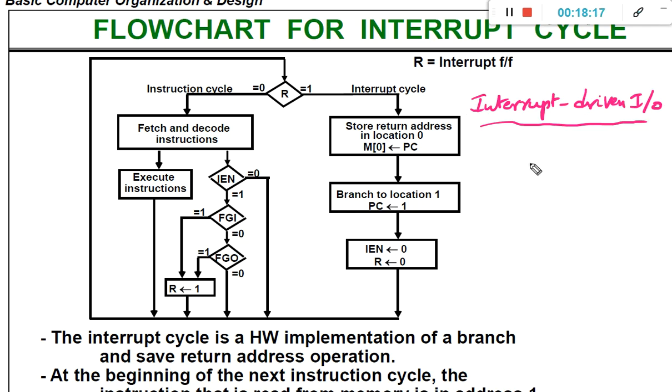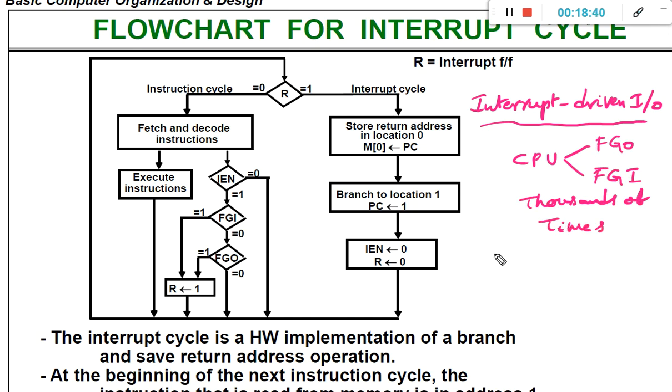In case of the programmed IO, the CPU keeps on checking the flags FGO or FGI several thousands of times, which is going to waste CPU clock cycles, because it is busy checking the flags FGO as well as FGI.